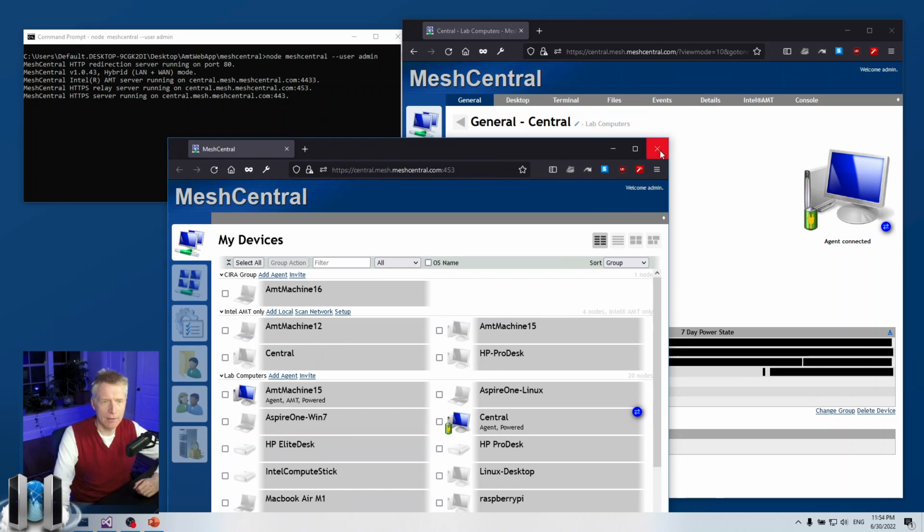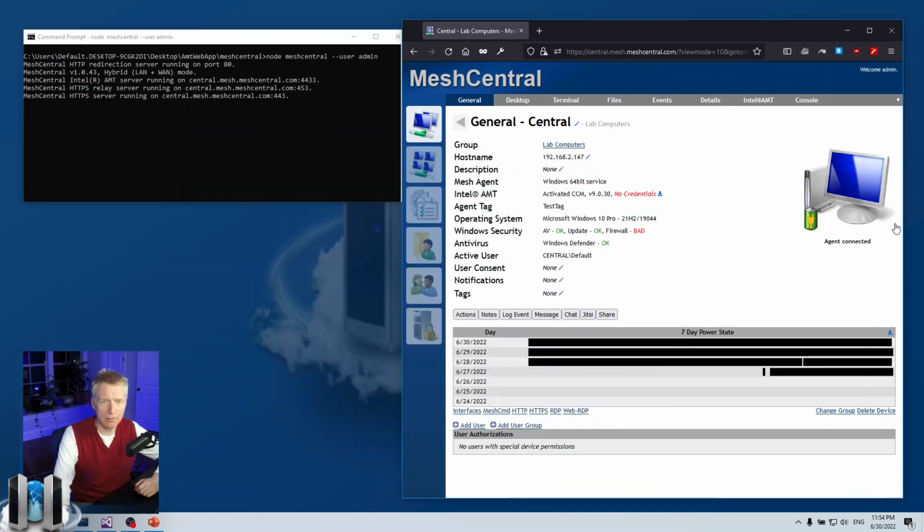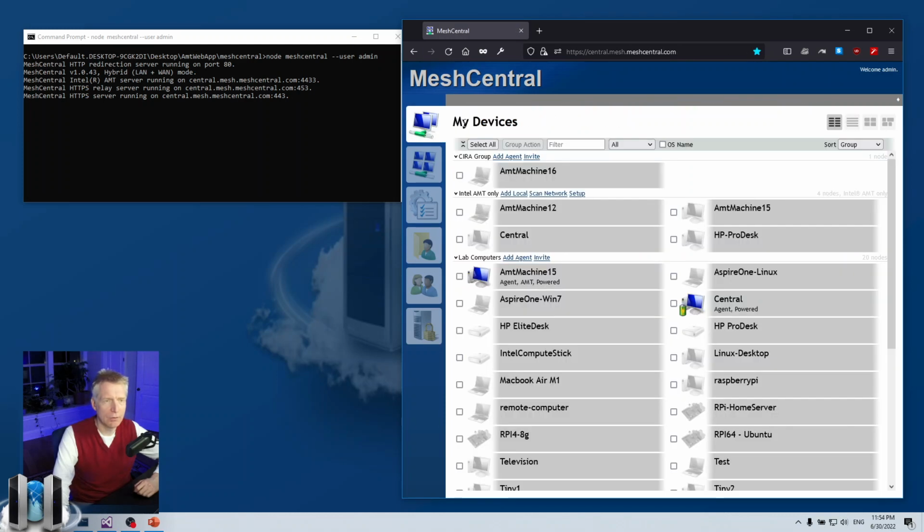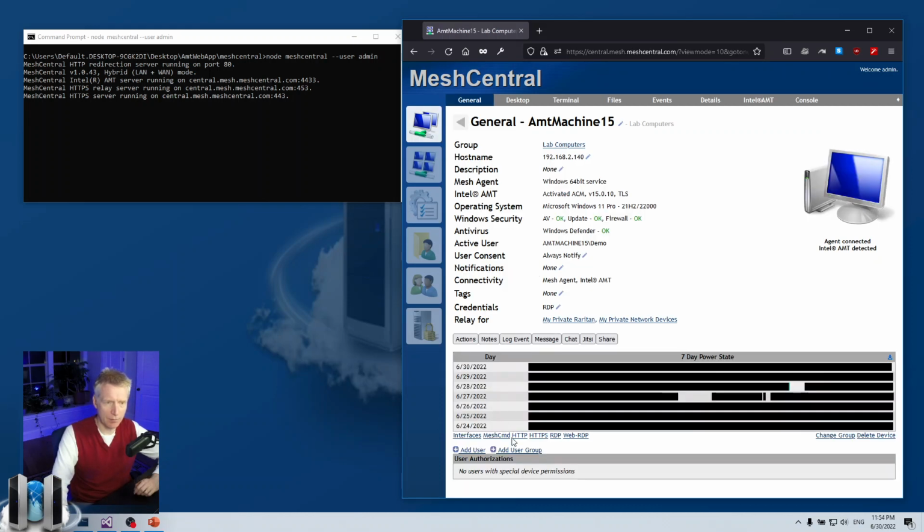And if I close, then you'll see here it got rid of the session. So that's good. Another thing I can do is access, of course, HTTP for any of the devices. Here I have HTTP links, but this computer AMT15, which is actually on my left right there, doesn't have a web server on it.